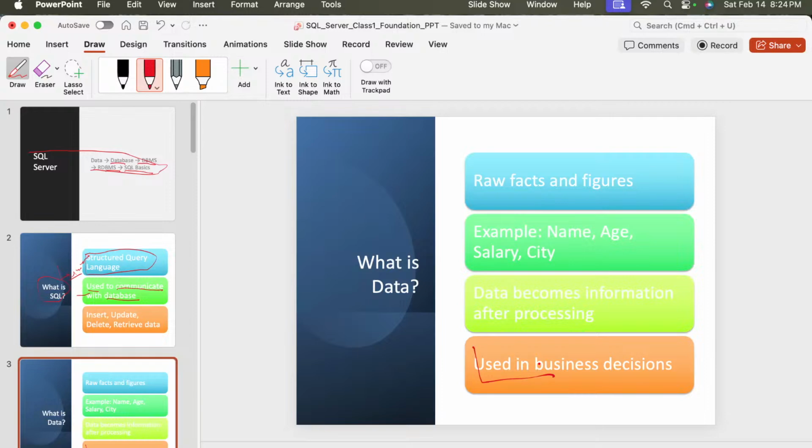So I think you guys are able to understand what data actually is. Data is actually raw facts or information about anything, which we can store and organize in a proper way and use to make decisions. Data by itself is nothing. Suppose your name tells us nothing, but when we find something from your name, that becomes your information, right?